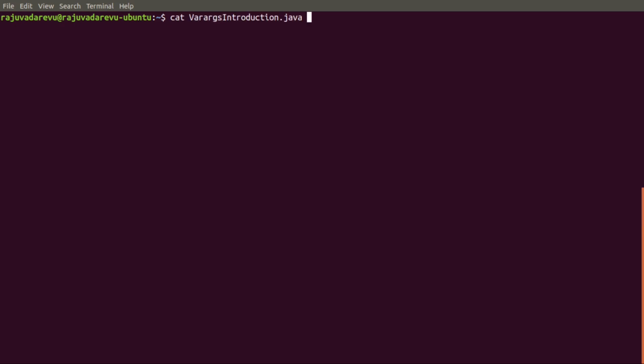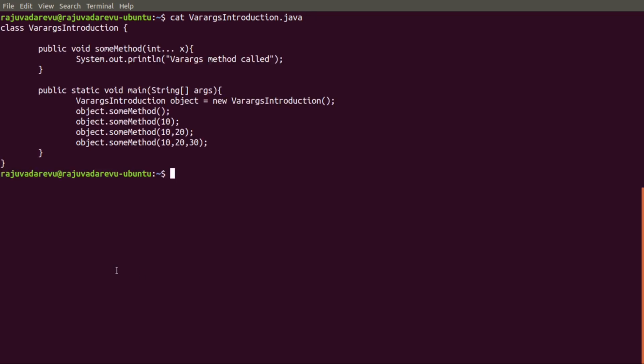So let me show you that code, VarargsIntroduction.java. And I want you to concentrate here. Here we have a data type. Along with that data type, we have three dots and we have a variable name. This particular construct is what we call a Varargs parameter.